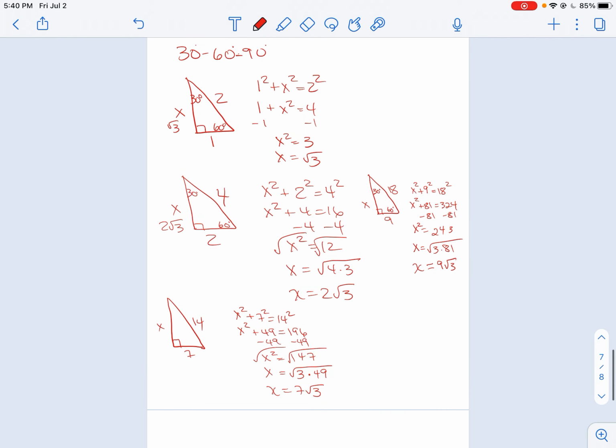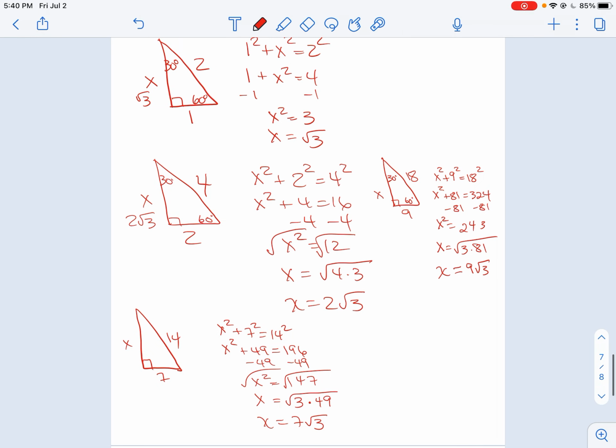If you notice, look at each one of these. First things first, I want you to notice the hypotenuse and the side across from 30. The hypotenuse, the side across from 30. Notice I didn't write that in. Sorry about that. Okay, if you notice, the hypotenuse is twice the amount of the